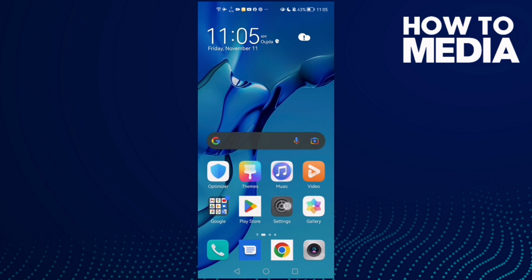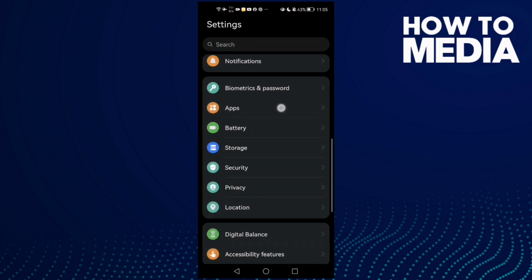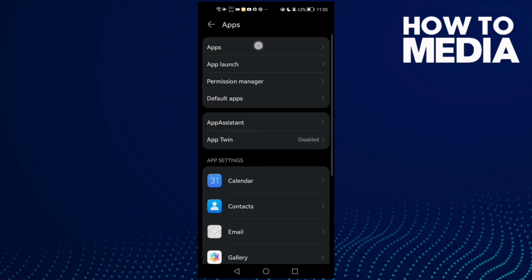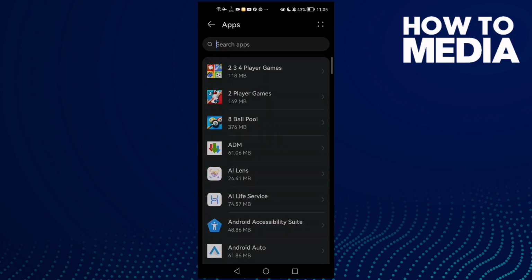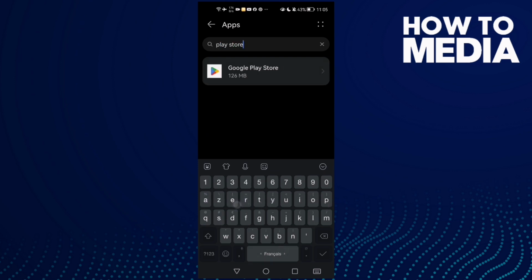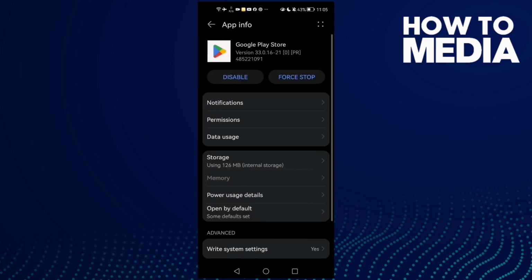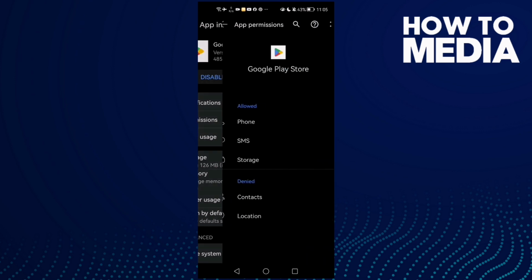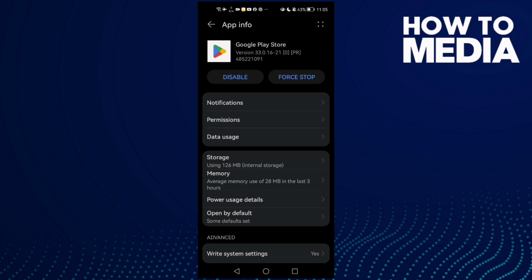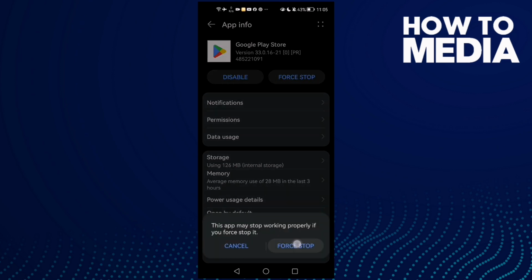First, just open settings and then go to apps, and now apps again here, and here type Play Store, and now go to permissions, check all of those permissions here, and then just click force stop, and then go